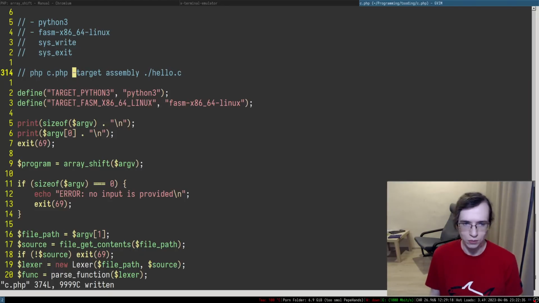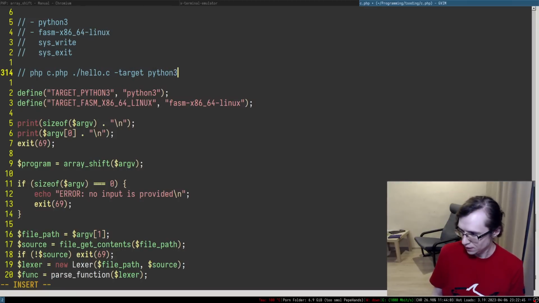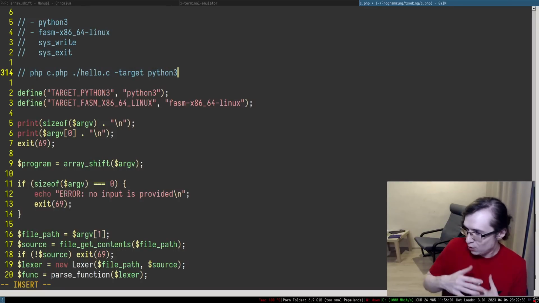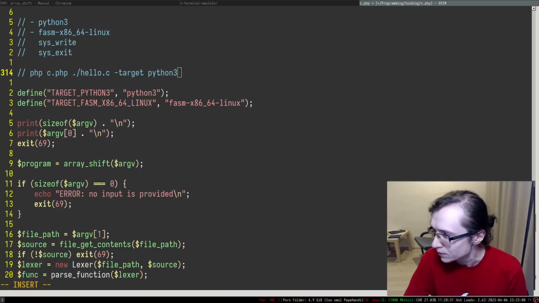So I want to be able to say target Python 3, or first provide the file name and then say target Python 3. How can I make it independent from the position within the command line arguments? That's a very interesting question, isn't it?